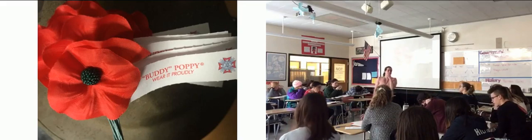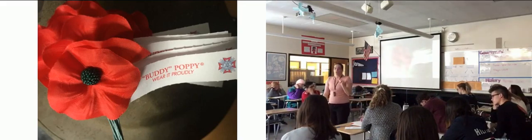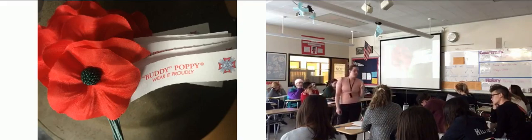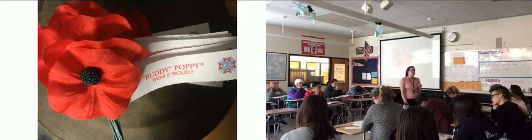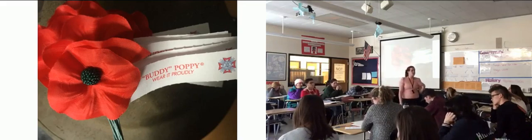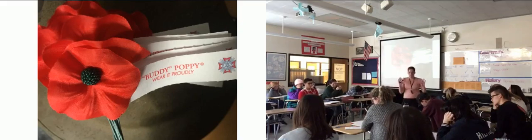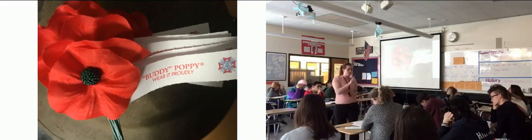So here's what you're going to do on this side of the paper. So I'm going to explain the entire assignment of what you're going to do. So the first thing that you're going to do is you're going to read the poem, okay, and really find those key parts of what this is. Now, some of you might see some words like Flanders that you don't know. You're free to look them up. Obviously not right now because this is not assignment time. But you're going to read through this and answer the questions below. Okay, so that's step number 1.